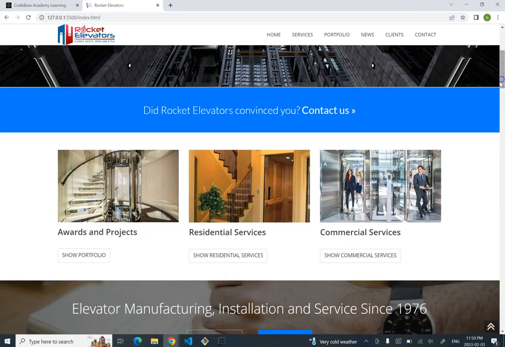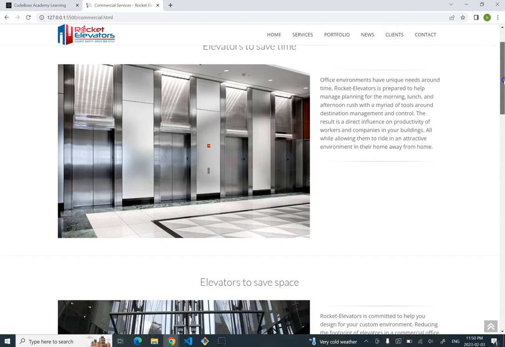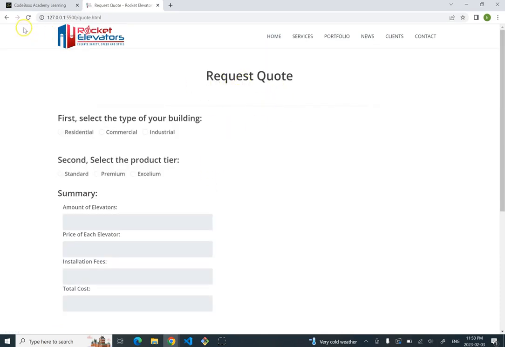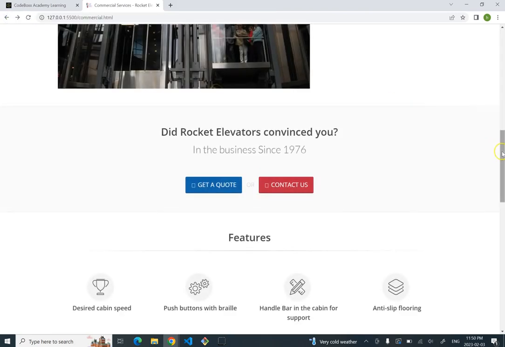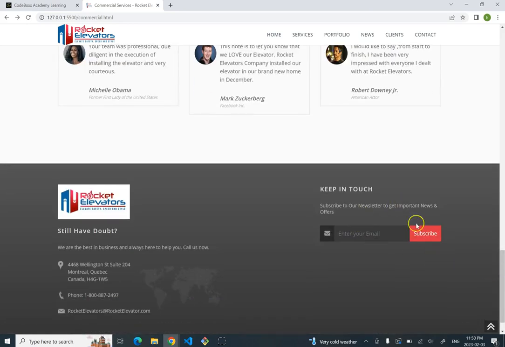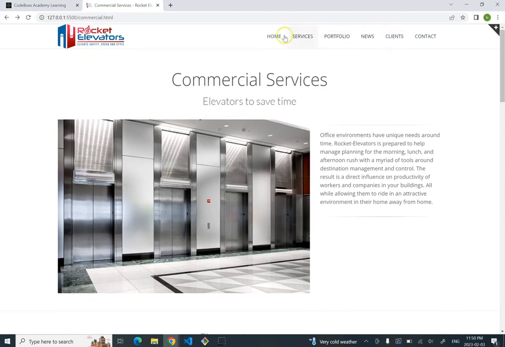Now checking the commercial link from this one. When I click on that, it opens my commercial service page. You see the same header, the content, and get a code and contact us section. When I click on get a code, it opens the code part. Going back to the commercial page, feature, testimonial, same as the residential one, and footer. So going back to home,